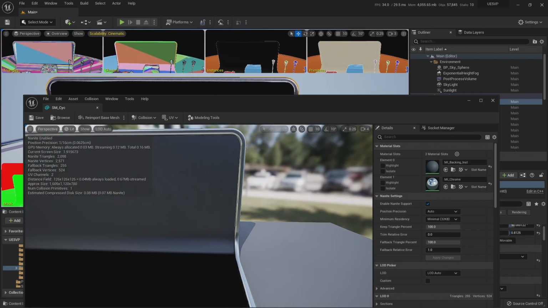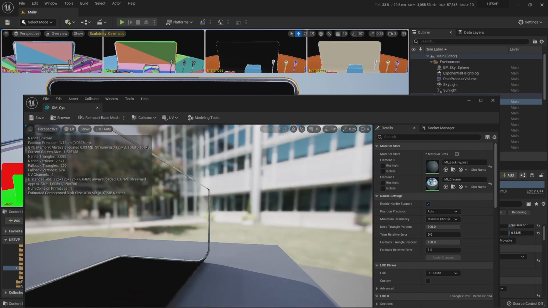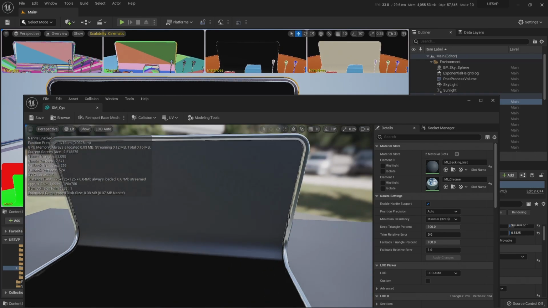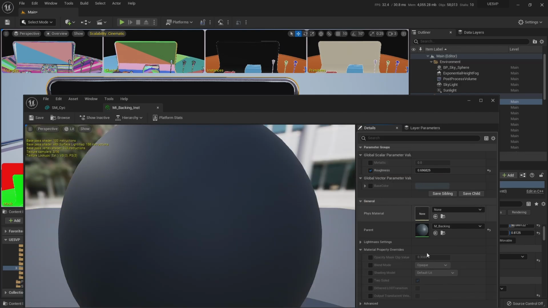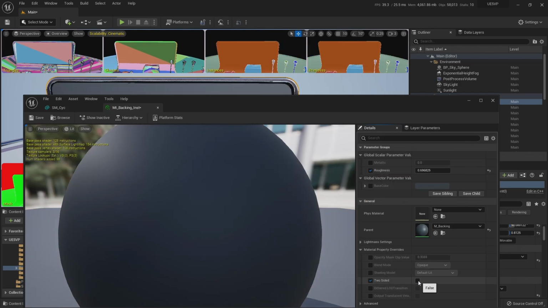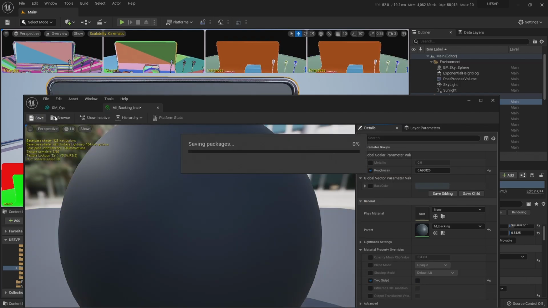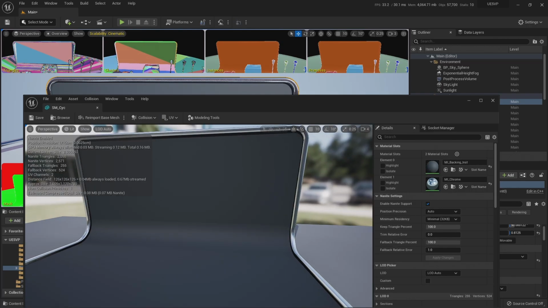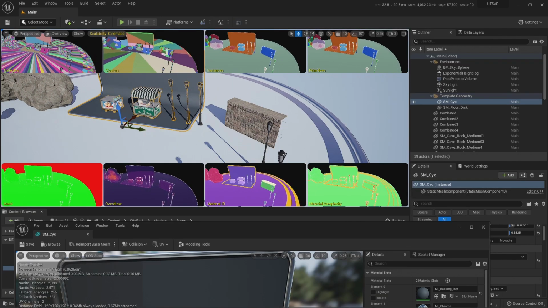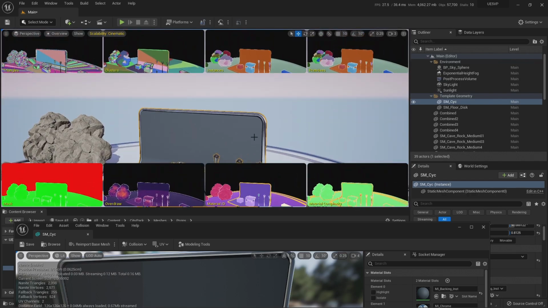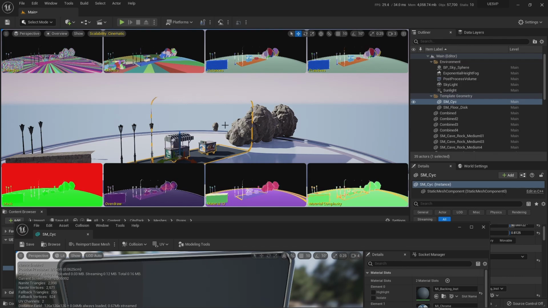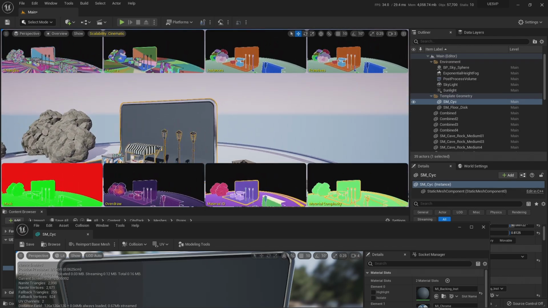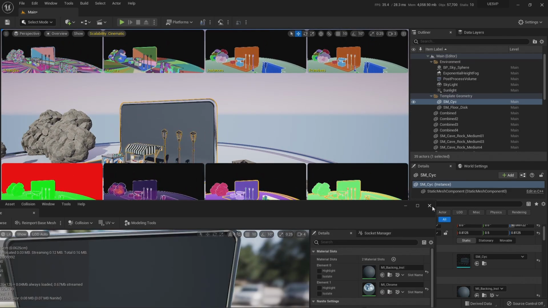So it seems the Chrome did work, but this other material did not. So we are going to also convert this one into one-sided, and this will allow me to have my proper Nanite surface. Okay, but it won't work two-sided. But there are ways to fix this also.